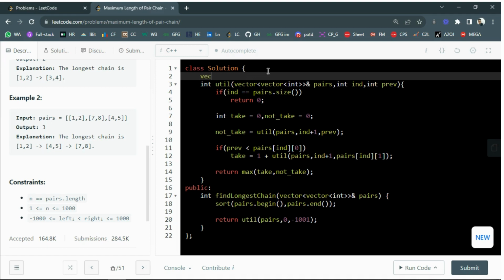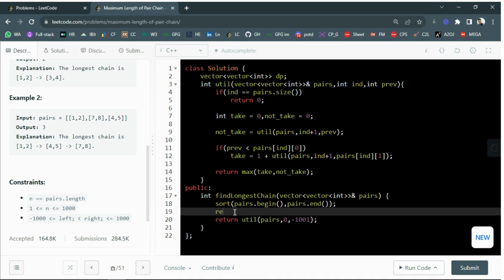So for this we make dp of vector, and at the start we resize it, dp dot resize. So we see what range index can move. Index can move from 0 till the length of pairs. So it will be pairs dot size, and